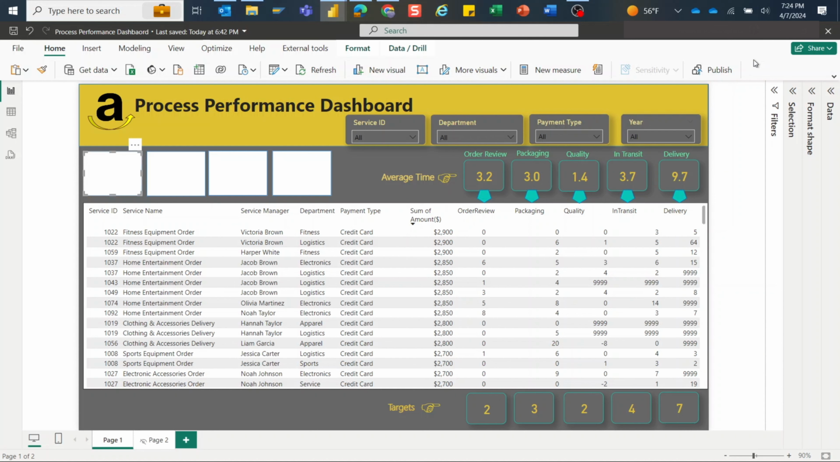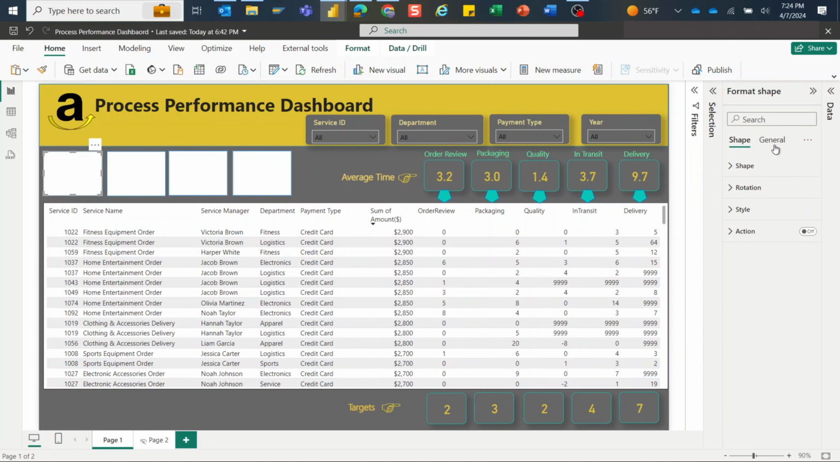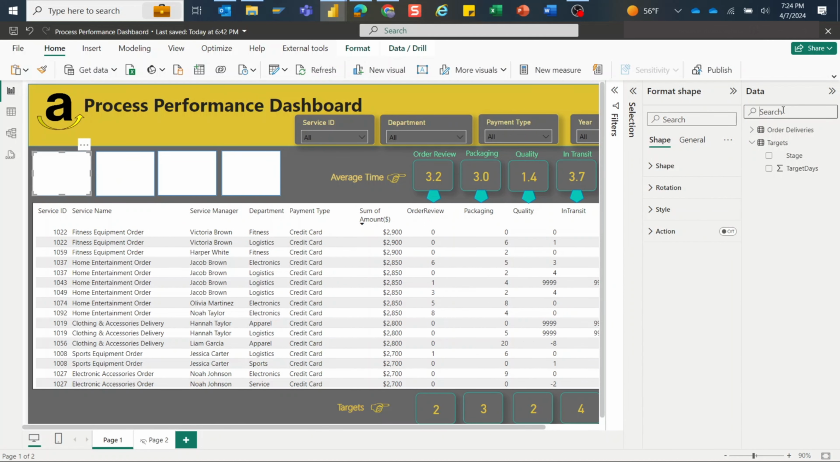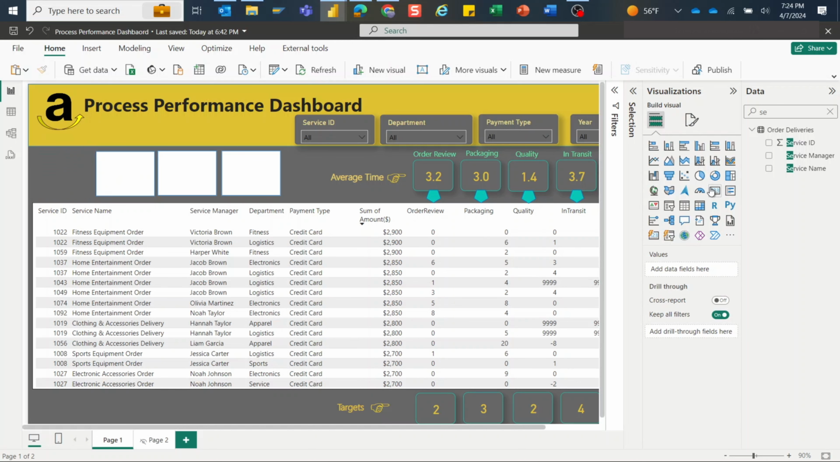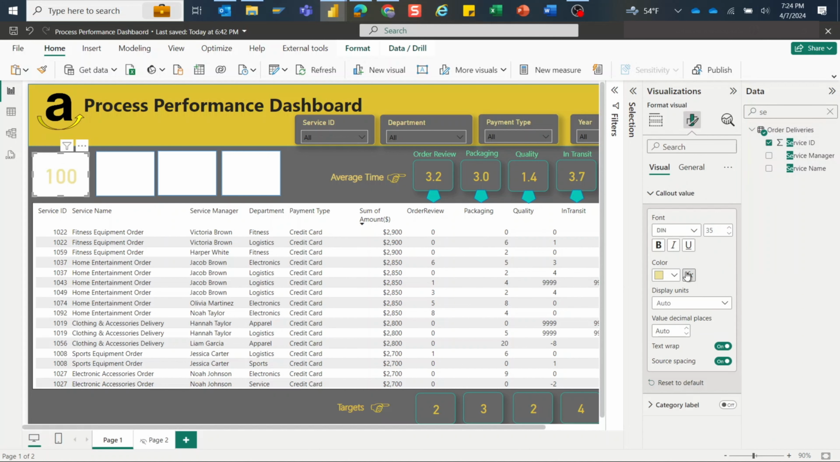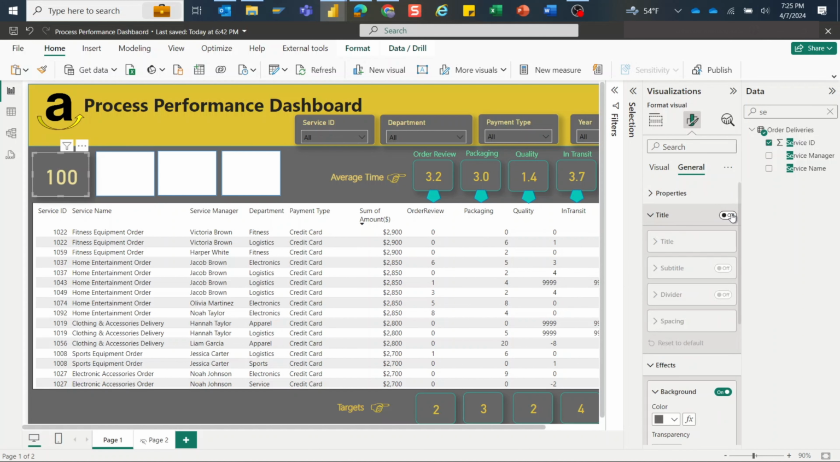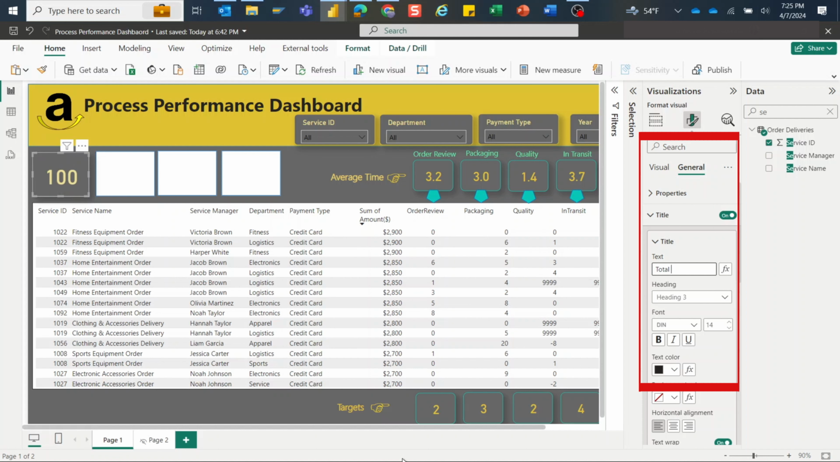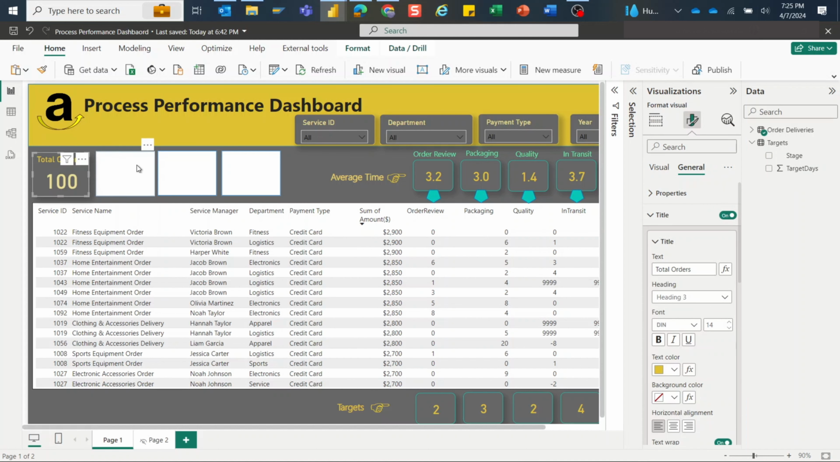Now, moving on to the top left side, here I'm adding a report card to display the total number of orders and using a distinct count on service ID. Go to the format pane of the visual and adjust the properties like font, color, and adding the title of